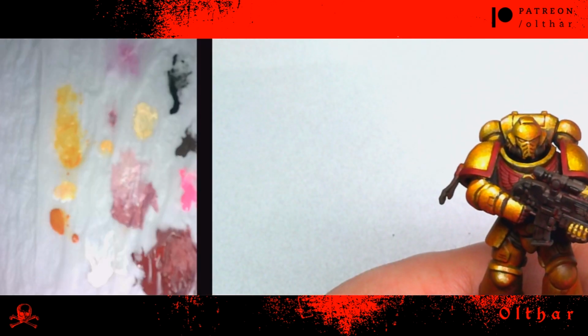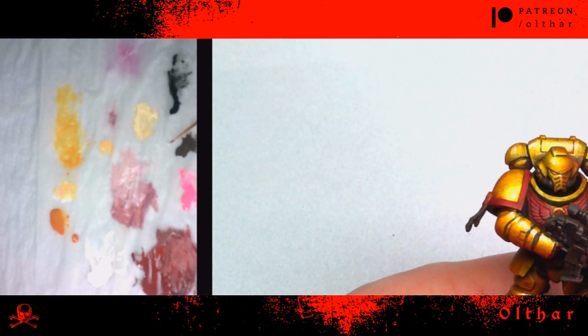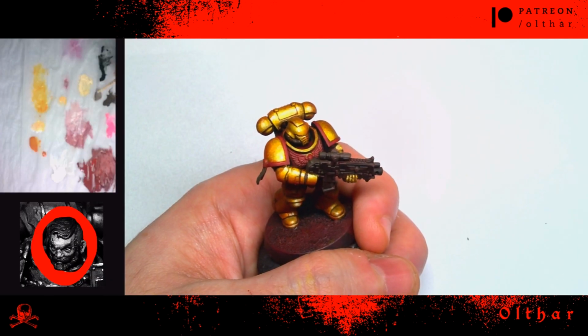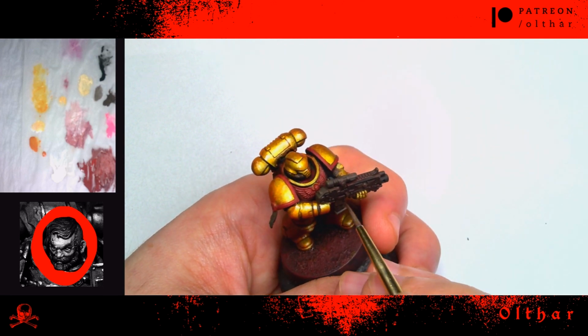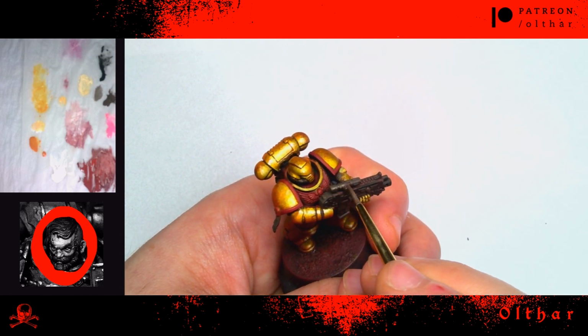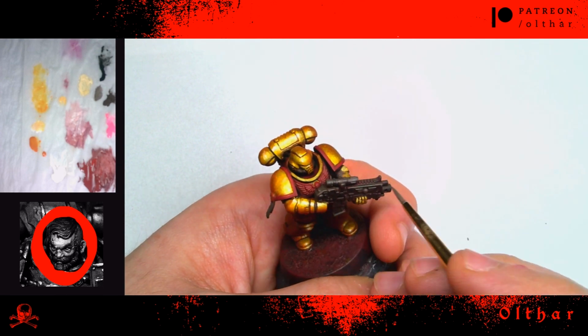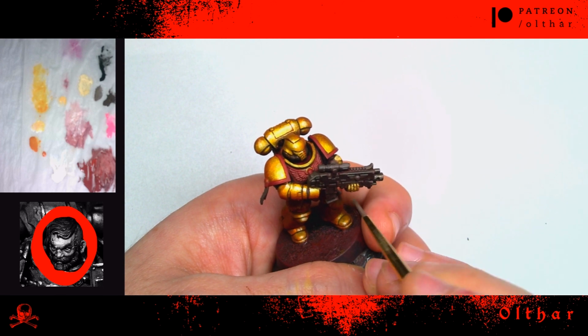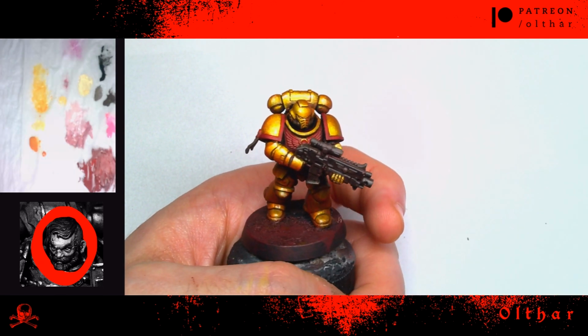Now I am mixing ivory and burnt umber to highlight these black areas. Those steps can be avoided to go even faster, but if you have time, you can do them whenever you want. So now with my nail brush,